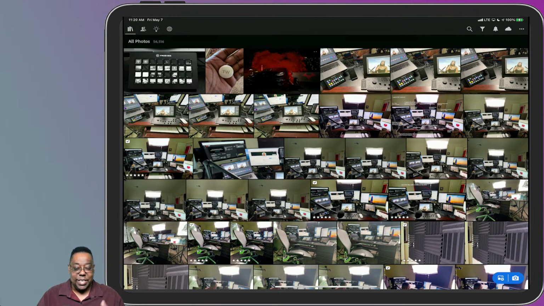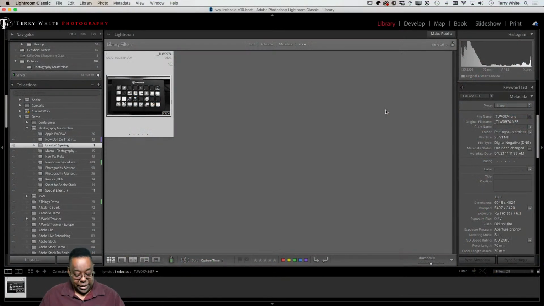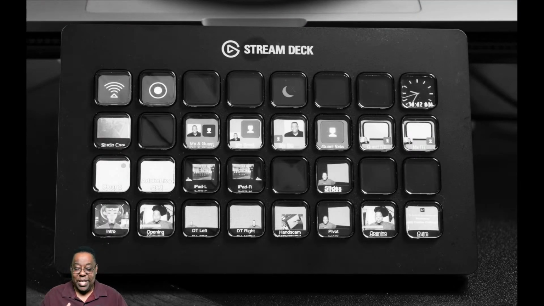So it no longer has to sync the full resolution of the image anymore because the full resolution of the image, or in this case, the smart preview, is already in the cloud. So it syncs a very small, like 1K worth of information back up when you make changes. So if I were to now go to my desktop, Lightroom Classic, oh my God, there it is. It's black and white and cropped. Hang on, wrong button. So there it is, full screen, cropped, black and white, just like I did on the iPad.